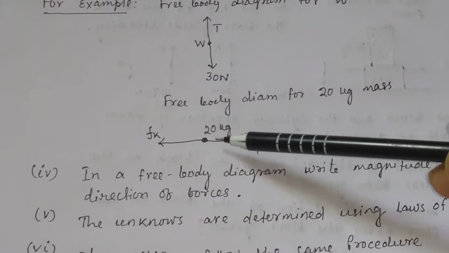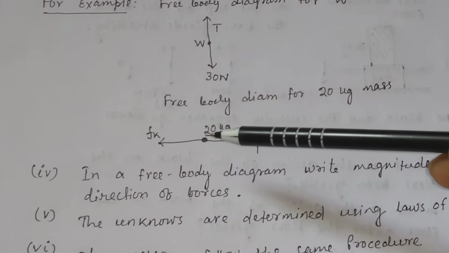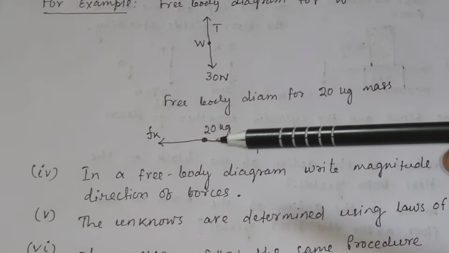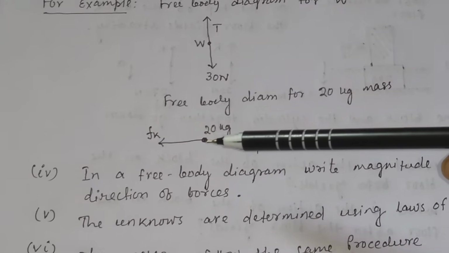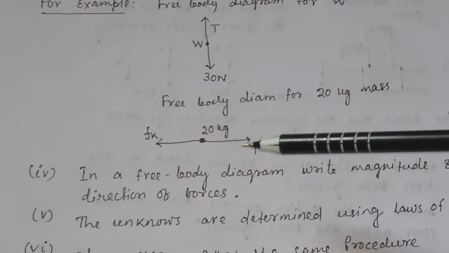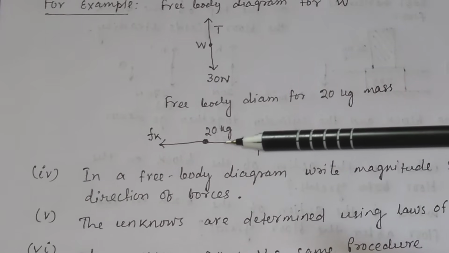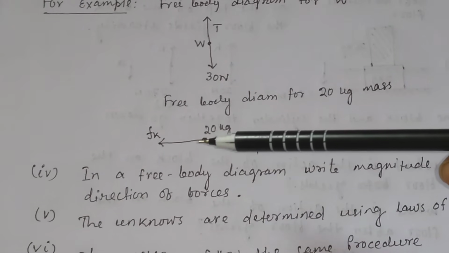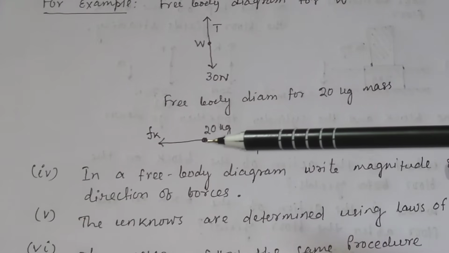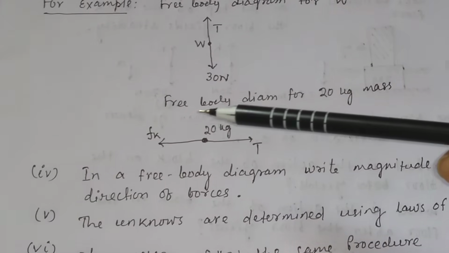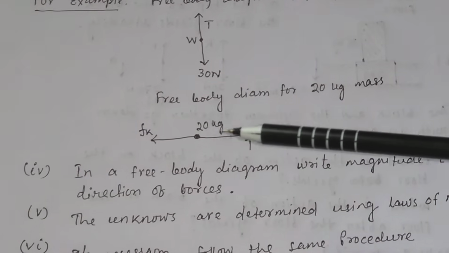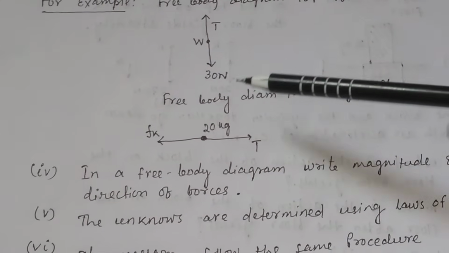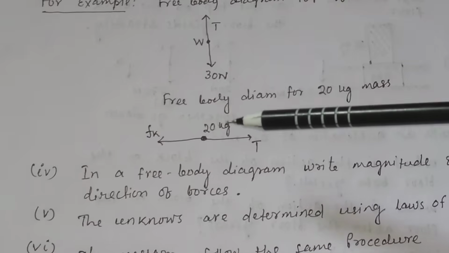Similarly, this is the free body diagram of the 20 kg mass. Here you have the 20 kg mass as the system, and all the forces on the system by the remaining part of the assembly are the frictional force and the tension. So the force on the system by other agencies is the frictional force. And here you have not included the forces on the environment by the system. You think that it is completely detached from the environment. That means this system is not putting any force on the environment.